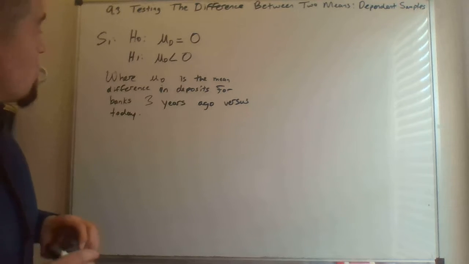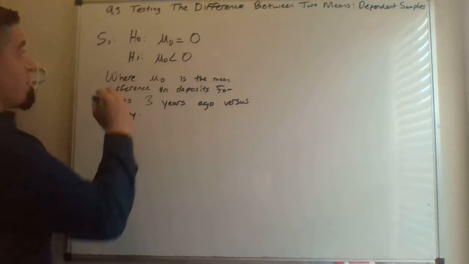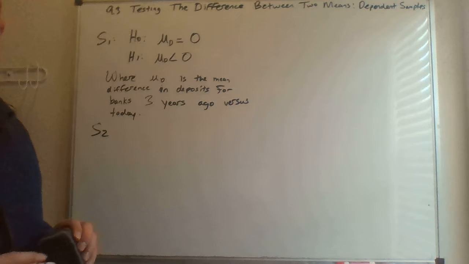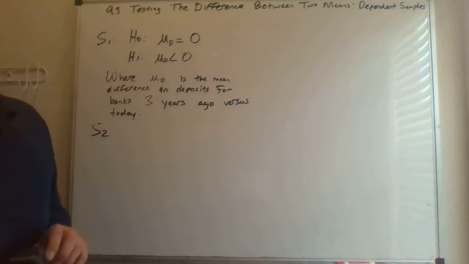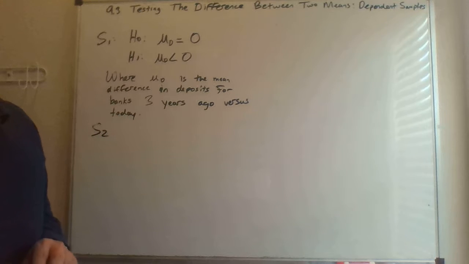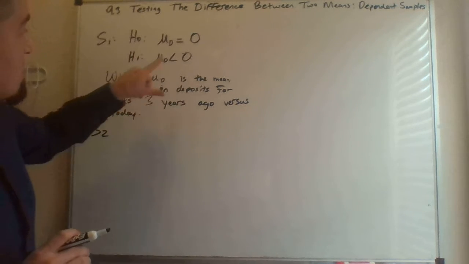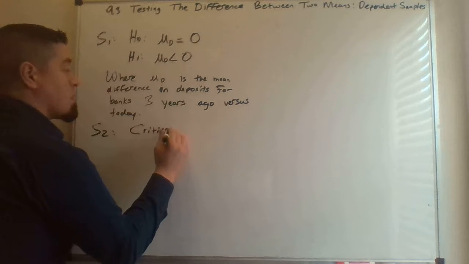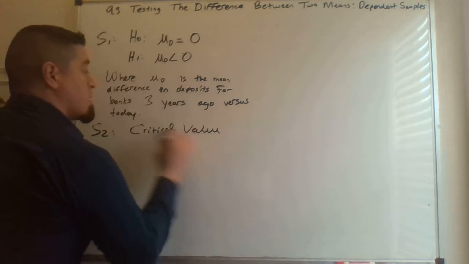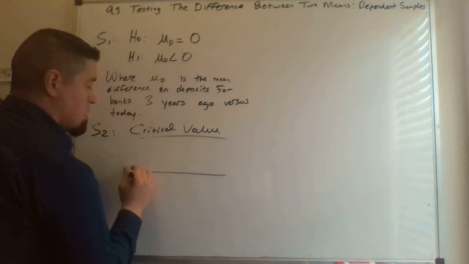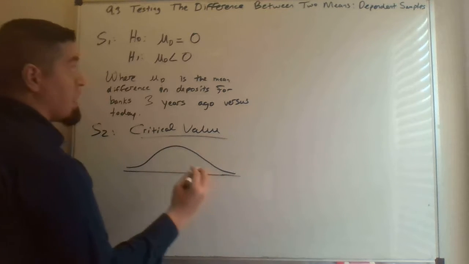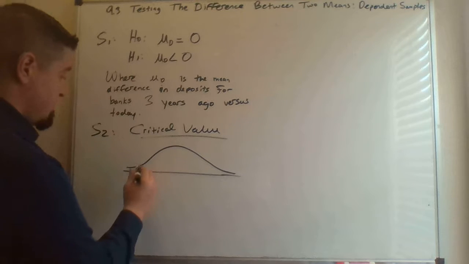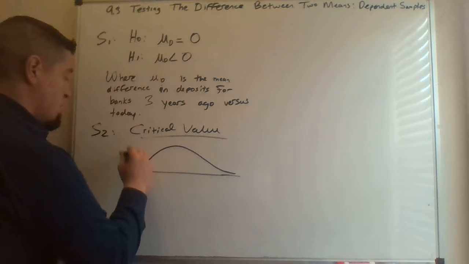Let's go ahead and go into it. So we have the null hypothesis. We're going to do step 2, which is to find the critical value, which doesn't change, right? This is the same thing as it was for every other section. So this is a left-tailed test, and if it's a left-tailed test at alpha equal to 0.05,